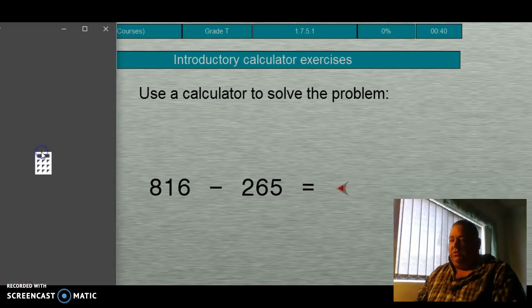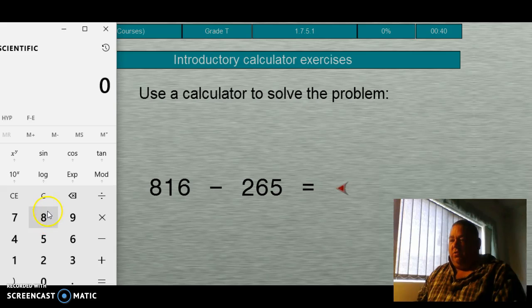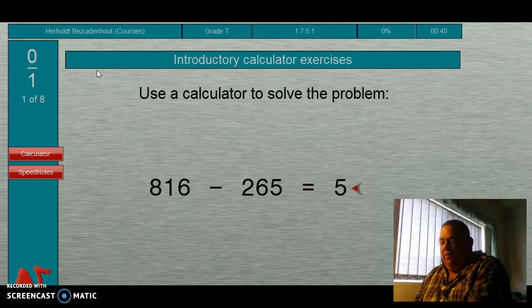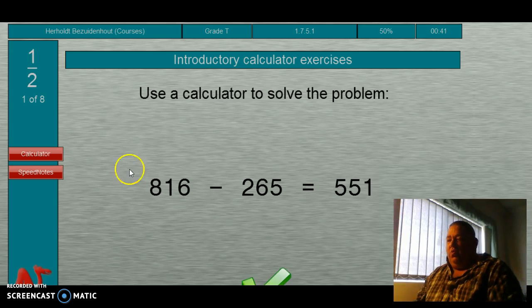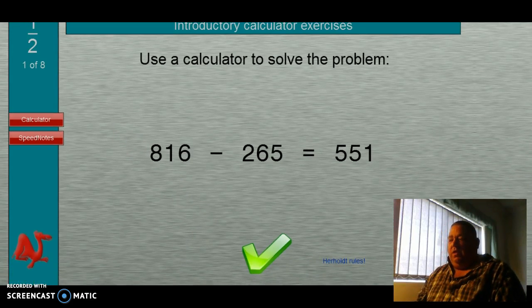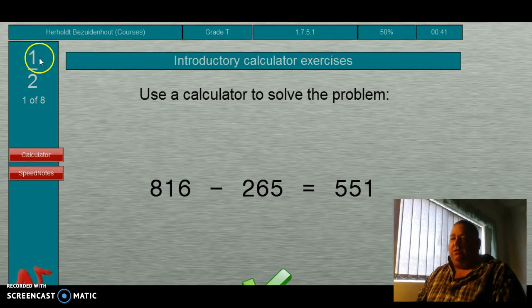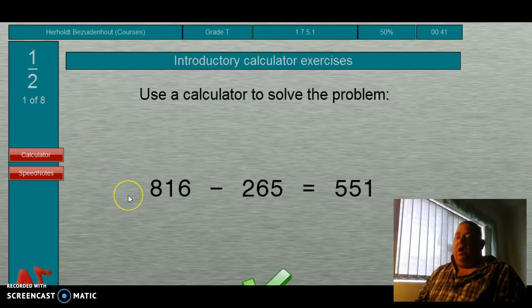And this is not too difficult. Maybe I can work this out on my own, but let's use the calculator. I wouldn't like to make a mistake. I'm not going to get my 80% and continue. So it's 551. Close there. 551. Yeah. I've got this right. And now I can see I got 1 out of 2. And that is how I will continue.